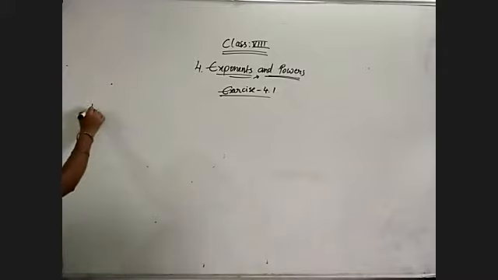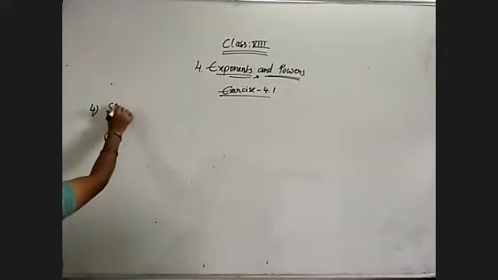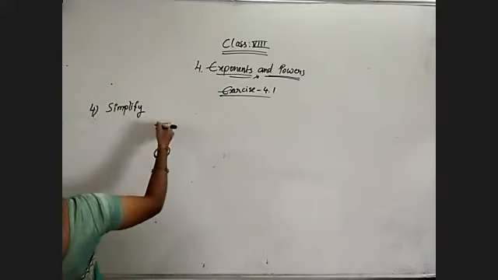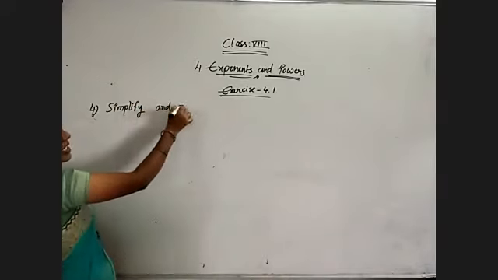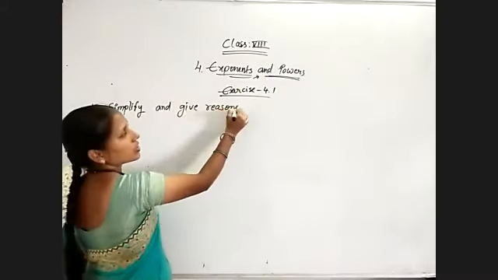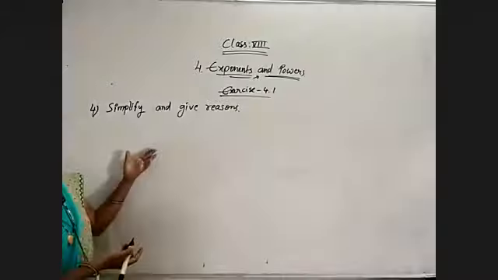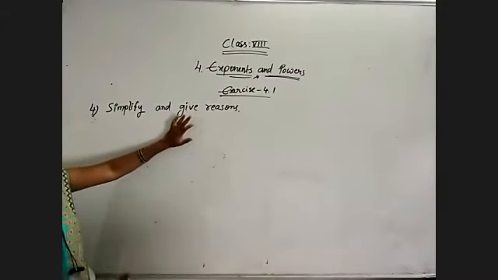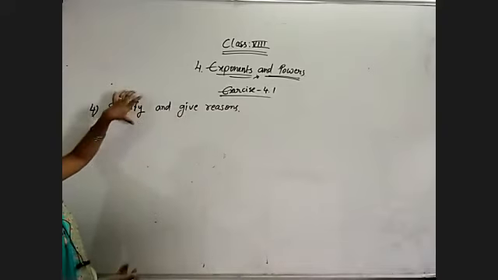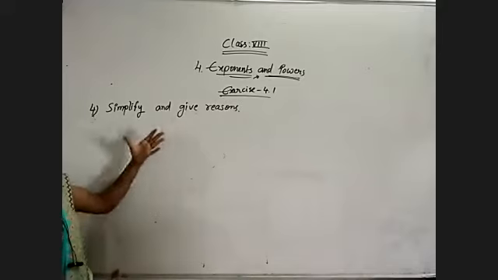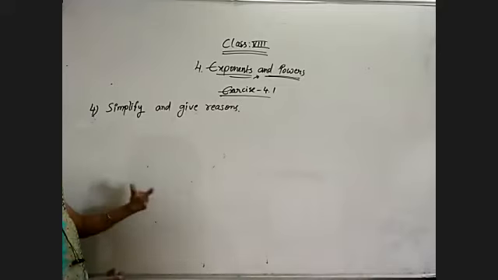And fourth bit, simplify and give reasons. See, if they did not mention give reasons, then also we need to write by using which formula we are changing that. Compulsory we must indicate that. Okay, if they are writing give reasons or not, no problem. Even if only simplify is given, we must use those formulas only. How we are changing, compulsory we need to list that formula.